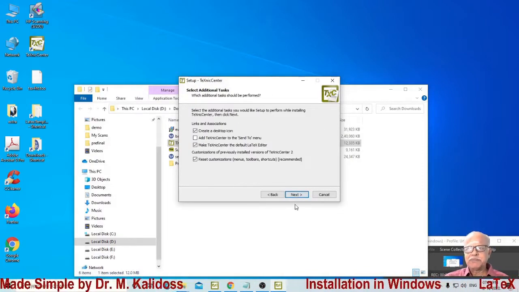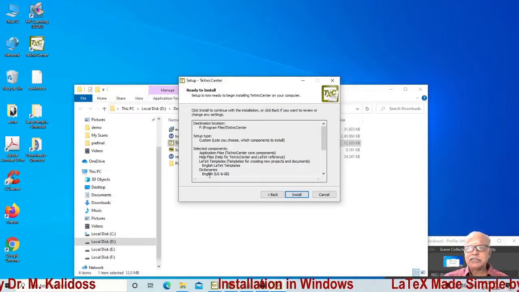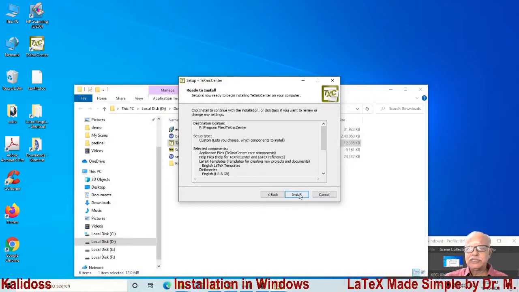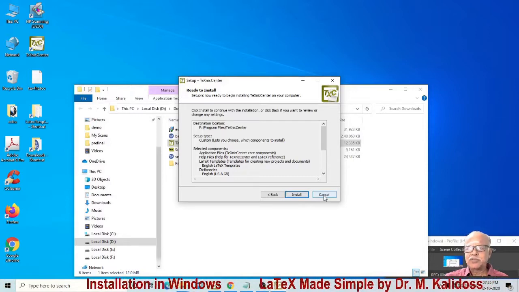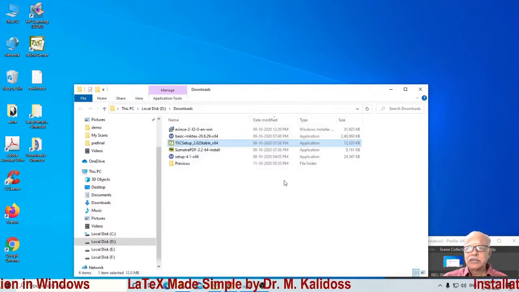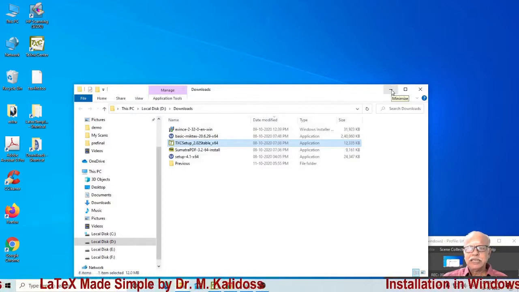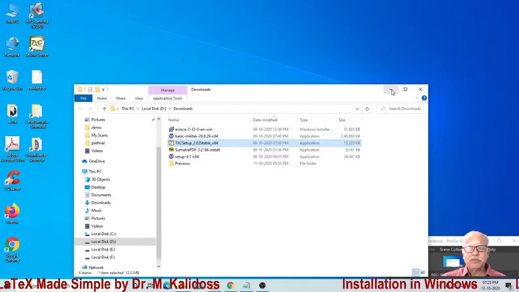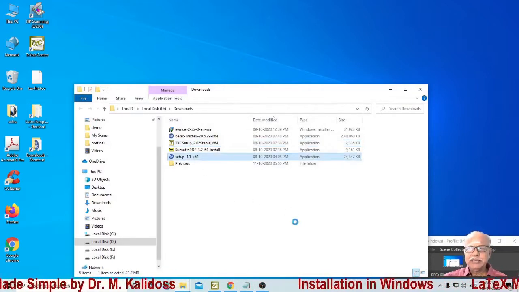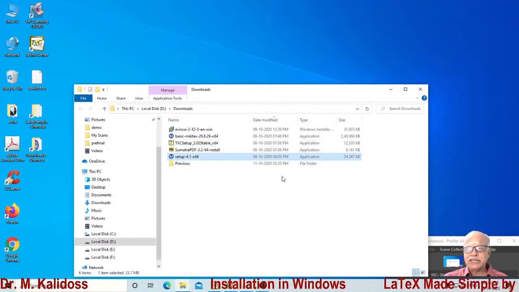Again, click Next. Create a desktop icon, click Next. These are the choices I have made. Once I click Install, it will be installed. I have already installed, therefore I am not going ahead with a fresh install. I click Cancel. Now, after you make these installs, there is one more file left over, namely the Net Installer. I will come to this a little later.